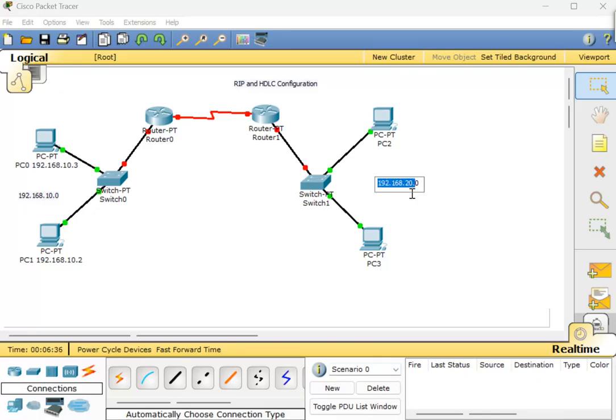Then I just copy this one, so it will be easy to label the other two PCs. This is 20.2, let us say, and PC3 will be 20.3. These are just labeling, not the configuration. Labeling is done. See here, these two PCs belong to the 10 network, and these two PCs belong to the 20 network, and now there is a network between the two routers as well. I'll just give the router, for example, a 10 network, let us say